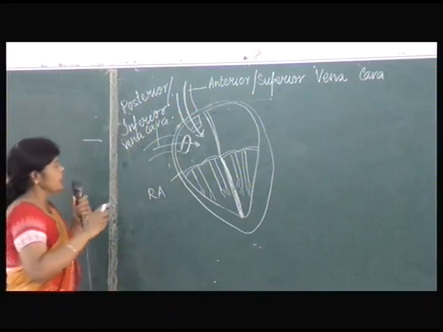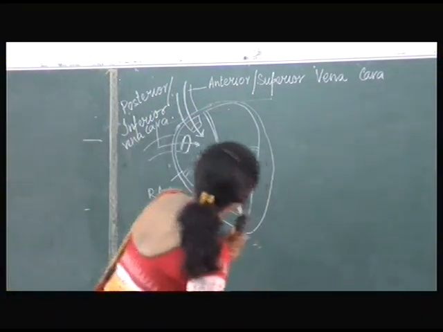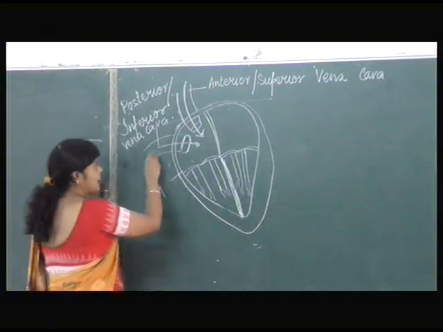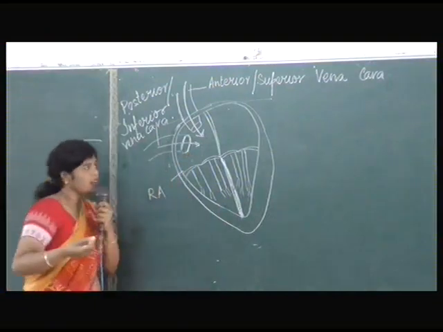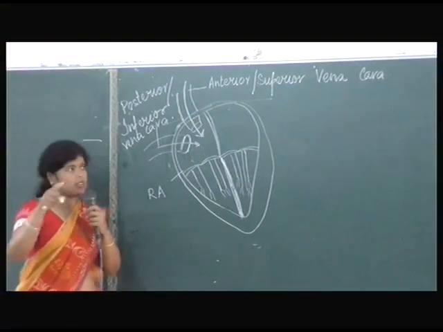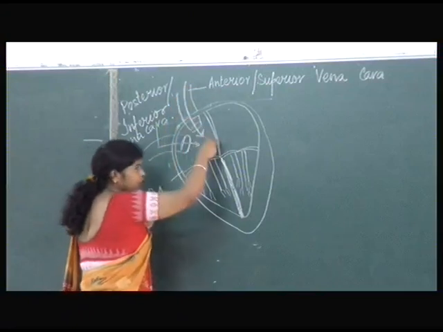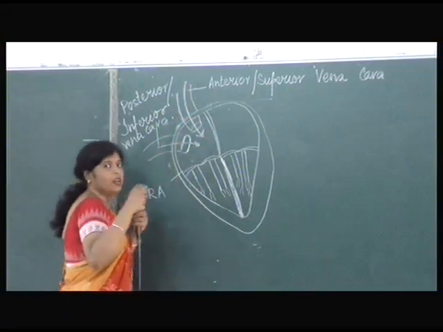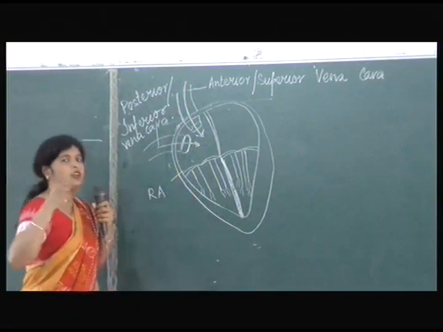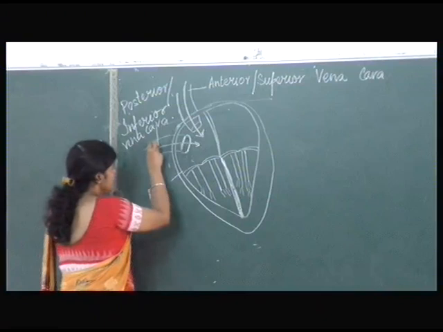Is it? So here, one more thing I would like to show you, since this is a vein. Why am I calling it a vein? Why is the vena cava a vein? A vein is a blood vessel which brings blood towards the heart. In the previous class we have done this. So towards the heart means it is bringing blood towards the heart, so it has to be a vein, no matter what kind of blood it is bringing. Is it clear?